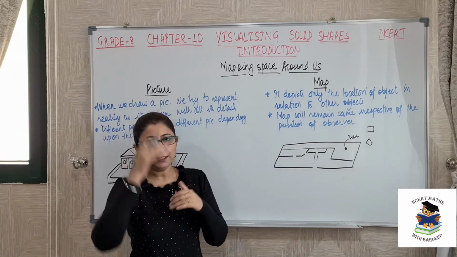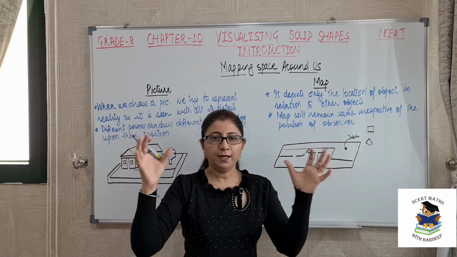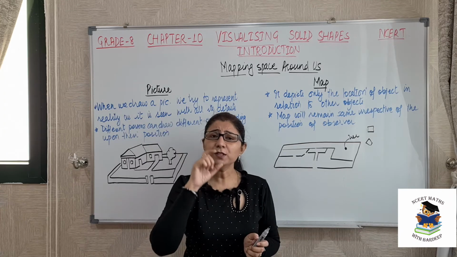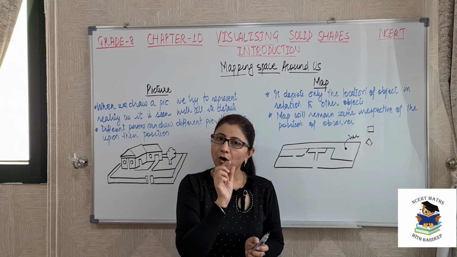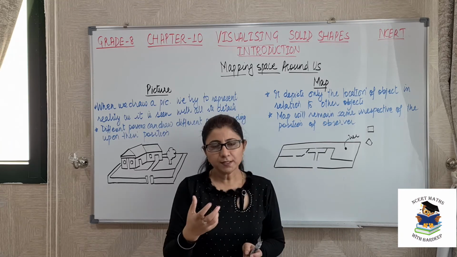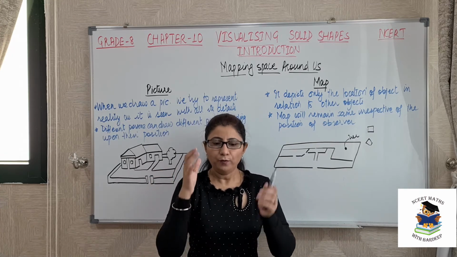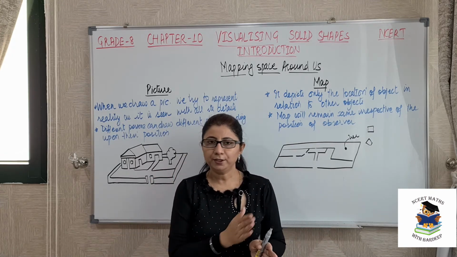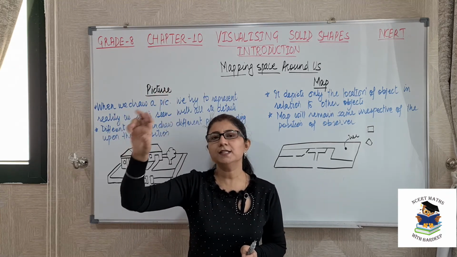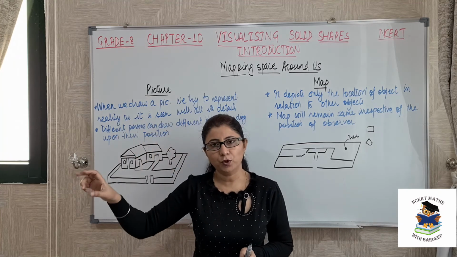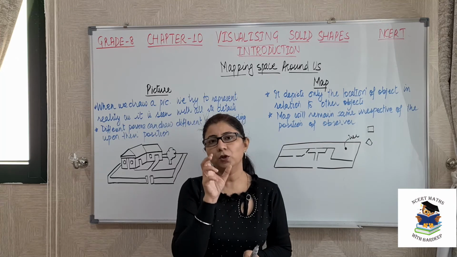Second thing is in a map you should always represent what scale you are using. Scale means, suppose in the map of India, India is so big and we are representing that full India map on one A4 sheet. That means how much actual distance is being represented by 1 centimeter or 1 millimeter on your paper. This scale you should always mention on your map. You have done this in your graphs also. Whenever we are representing different items on the x-axis and y-axis, we always represent the scale, that is, on the x-axis what is the scale, on the y-axis what is the scale. So whenever we are making a map we should always represent the scale on that map.